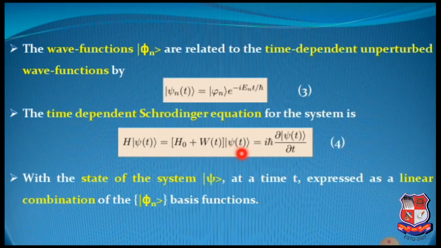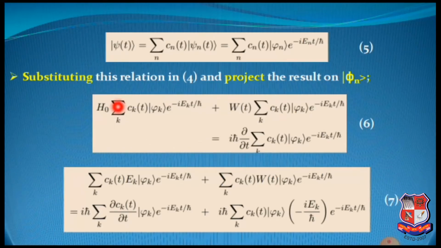Here H0 psi t plus W(t) psi t will be now separated out. So in H0, instead of psi we have carried out this term, but instead of n we have taken a particular wave vector k. So in three-dimensional space, or you can say the reciprocal space, we can have the exact position probability for an electron to travel. So summation over k